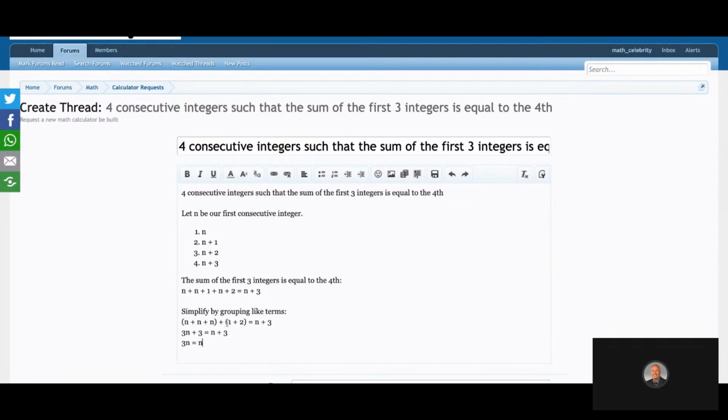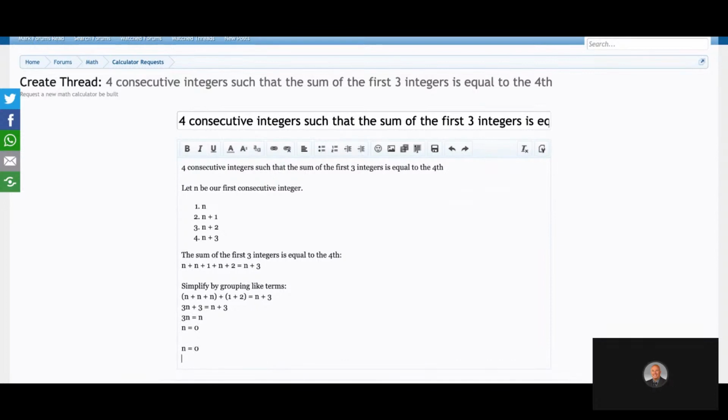So we've got 3n plus 3 equals n plus 3. 2n is 0. No, I'm sorry, I stand corrected. So we got 3n equals n, and the only number, or integer, that satisfies this equation is 0. So n equals 0, because 3 times 0 is 0. So if we have that,